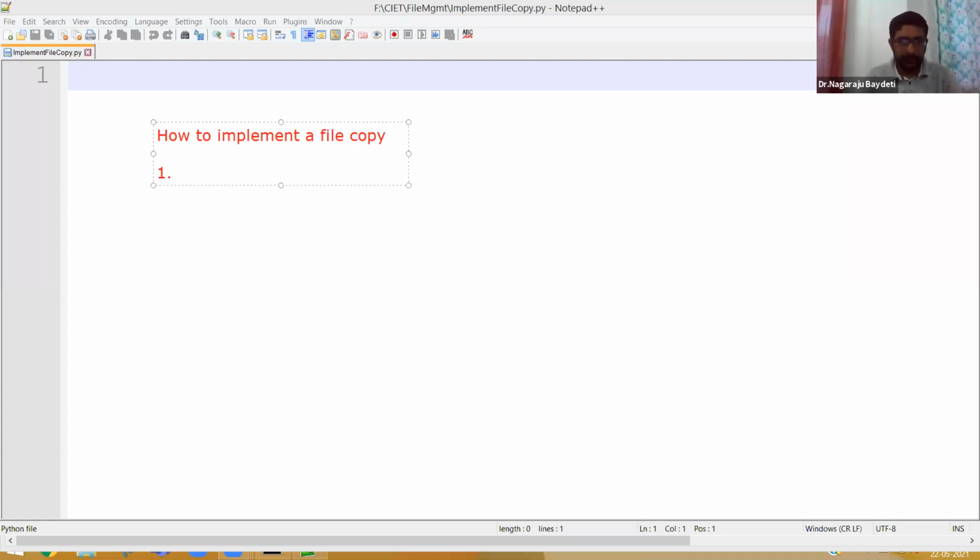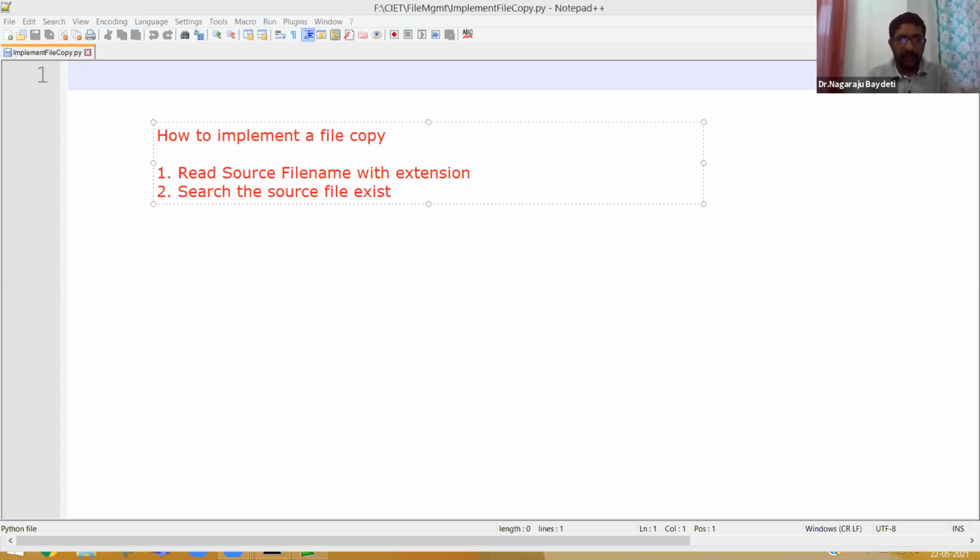Simple. One, read the source file name with extension. First of all, you need to read the source file name, which file you want to copy. Two, search the source file existence.